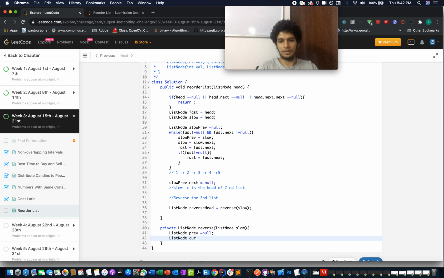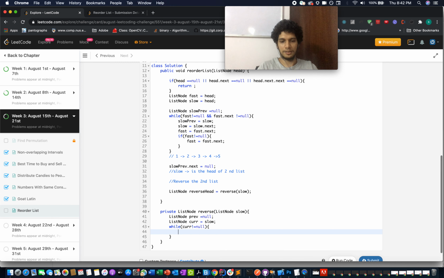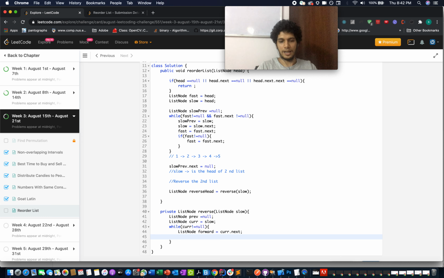List node current equals slow, and while current is not equal to null, what you will do is store the forward pointer, forward, that will be current dot next, and you will make current dot next point to previous.